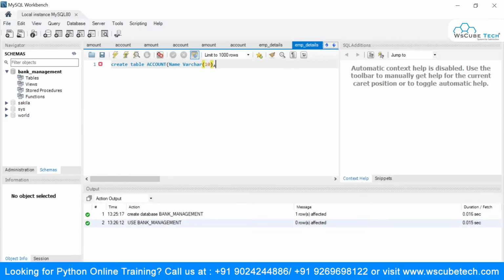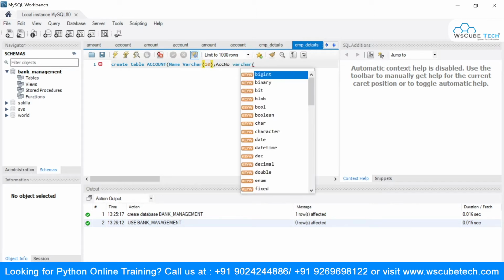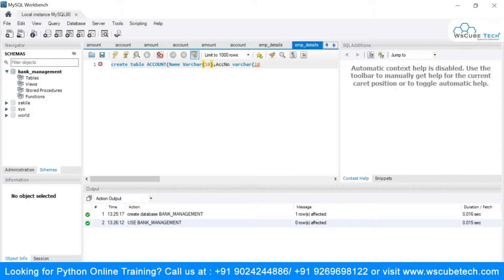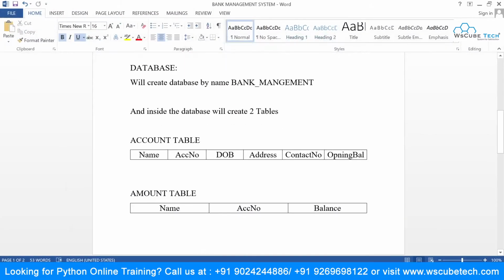We'll say account number, and for this account number we are going to give the data type as varchar, again not more than 10.